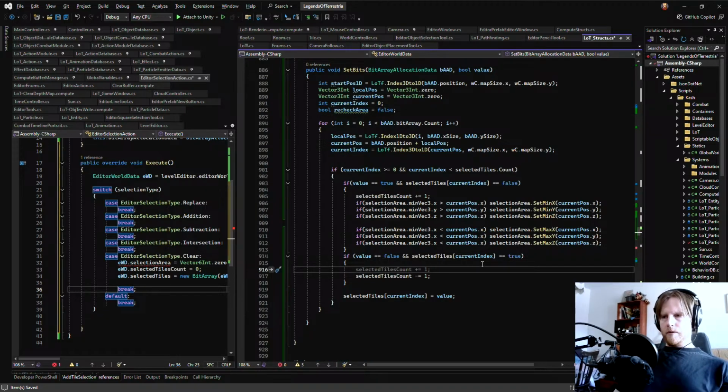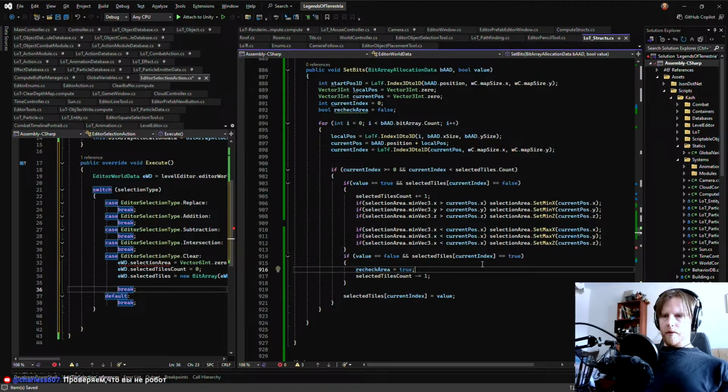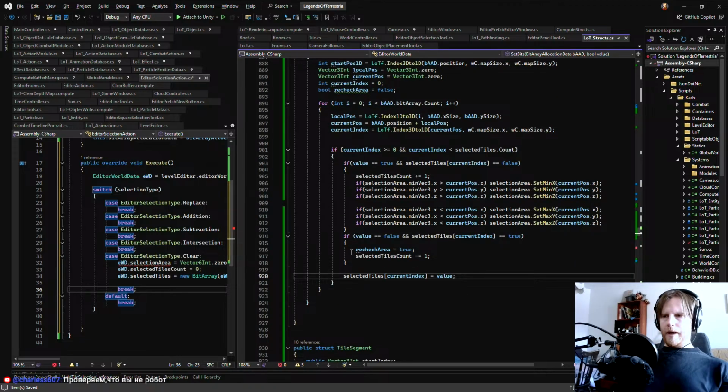And if this is it, then here we say recheck area equals true. And then we only do that after we have set everything.